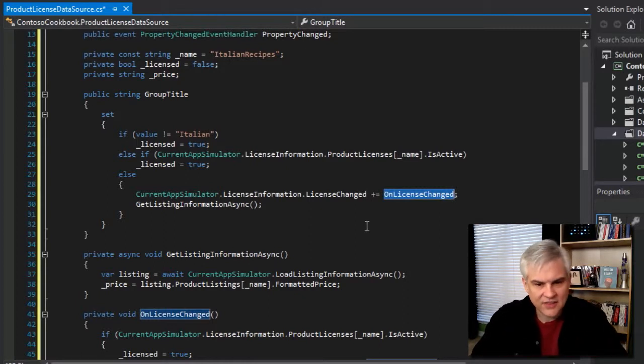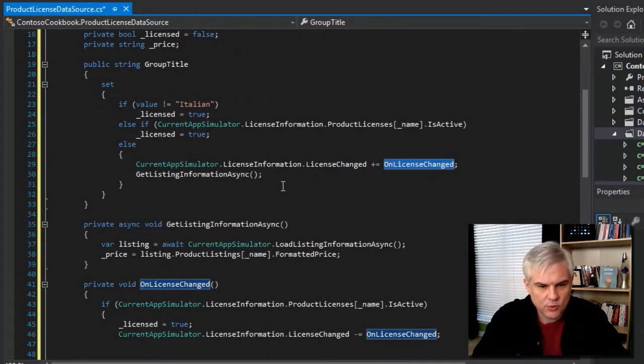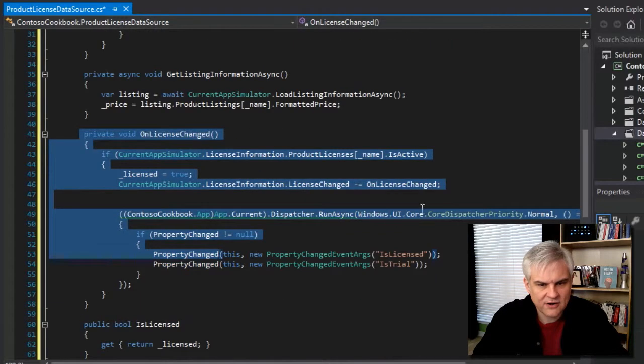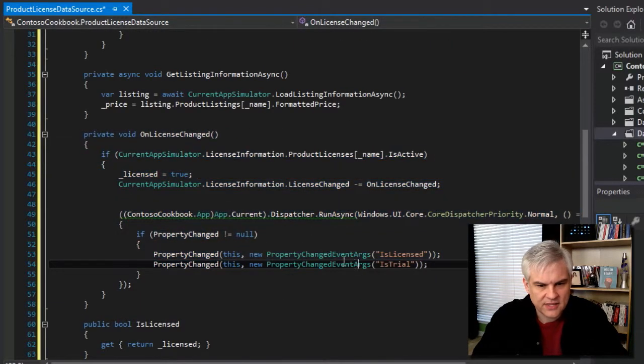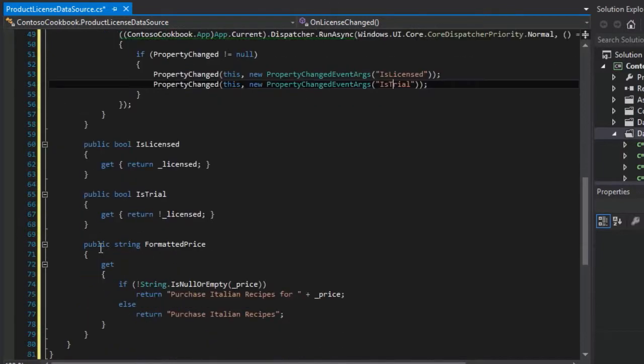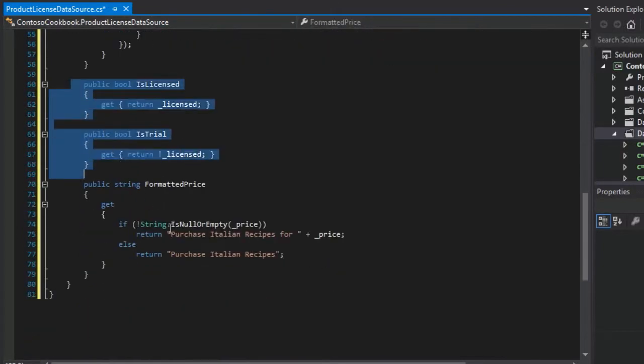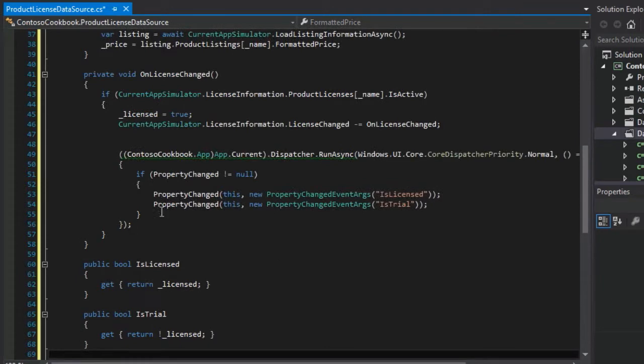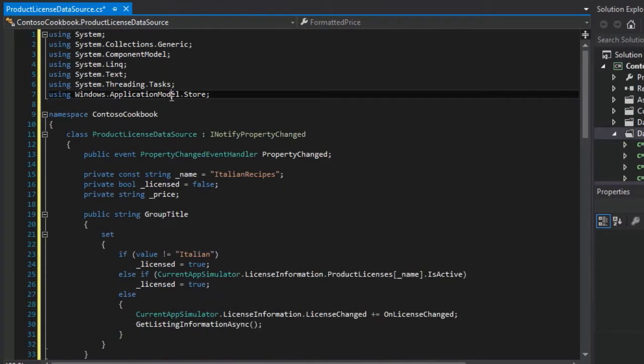If it does, then this OnLicenseChanged event will get fired at some point because it'll be listening for changes from the Windows Store API, at which point this method gets fired, which updates the properties IsLicensed and IsTrial, and any of our user interface controls listening for that will make an update to their UI as a result of it. Okay, so much of this is true. We have public properties for IsLicensed and IsTrial, and for the formatted price, just like we had in our app license data source. So that's